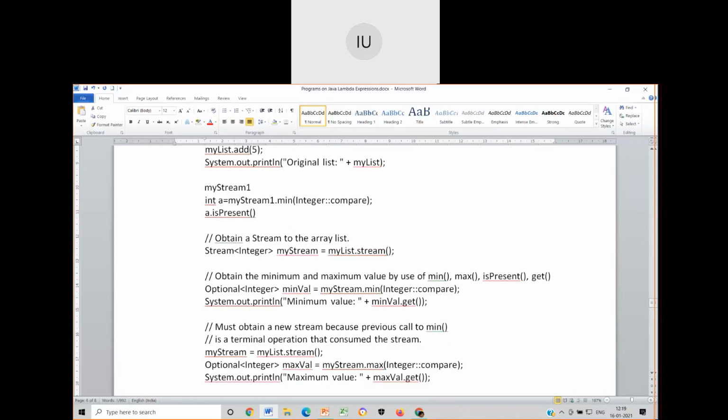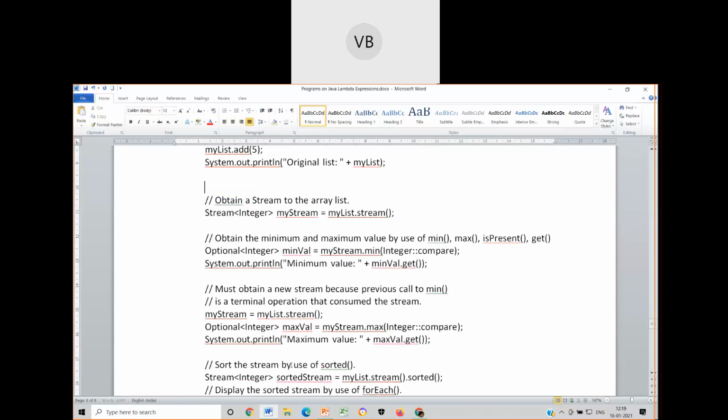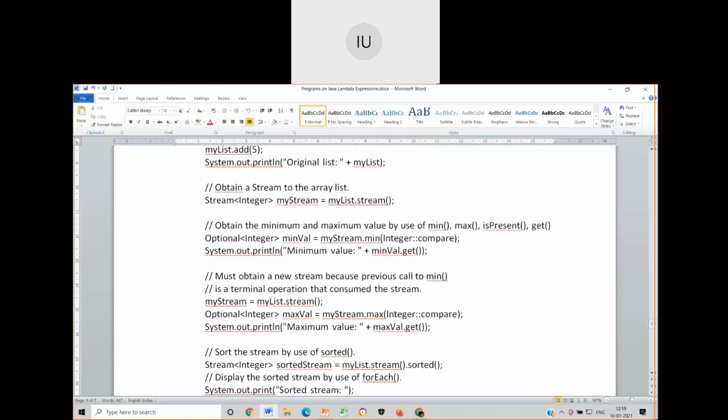Okay, ma'am. Yes, now it is correct. Yes, but in that int a, you have just again used dot min. Yes, yes, you're right. I'm just confusing there itself again and again. Yes, don't get confused. That is not required here. isPresent is always useful for checking whether an element is present or not. You're 100% right. Minimum and maximum, you are searching in the same list only. There is no need of checking isPresent. Now, on similar grounds, I will check for the maximum of the stream.